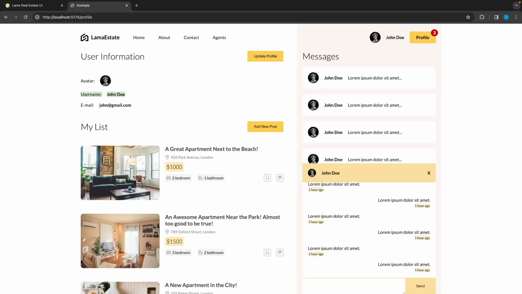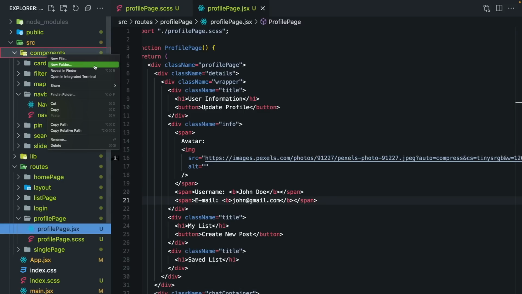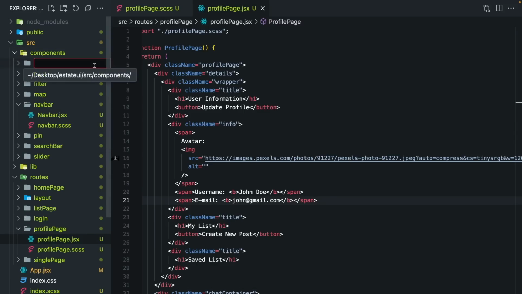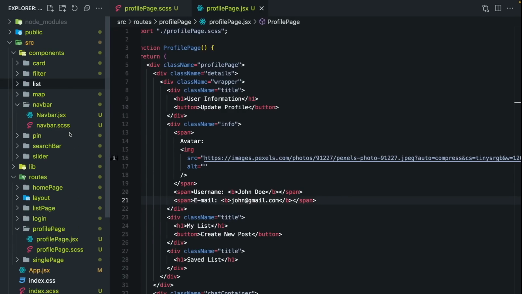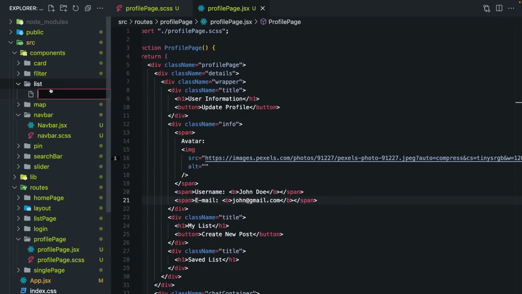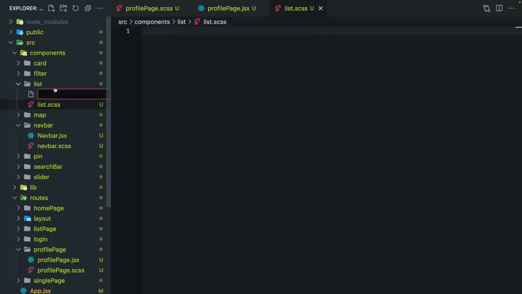As you can see, this is the card component, so it's going to be easy. Let's open up our menu and create a new component. And let's say list. I'm creating a new component because when we open this profile page, we can use suspense for our list. And during the loading process, we can show any indicator. I will say list dot CSS, JSX,